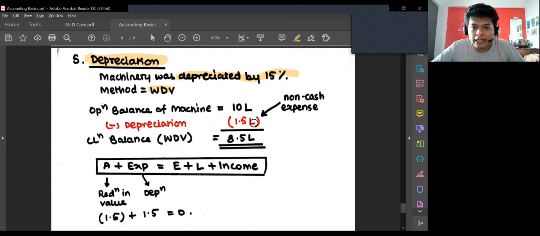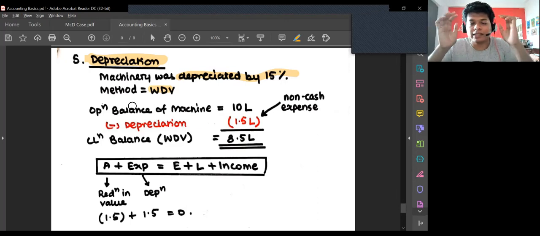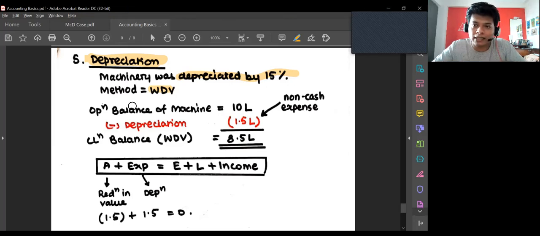Again, depreciation, you might have heard, is a non-cash expense. Depreciation and amortization are expenses which do not lead to a cash outflow, because if I incur depreciation, my asset goes down, but I don't incur cash expenses. So that's why you see in the balance sheet what happens. Other expenses, wages payable, tax payable, any kind of other expenses, what happens is that you either pay wages now, or sometime 2 or 3 months later you have to pay cash.